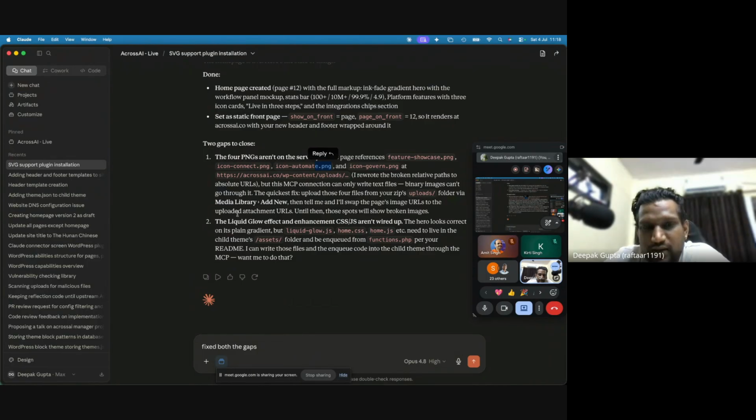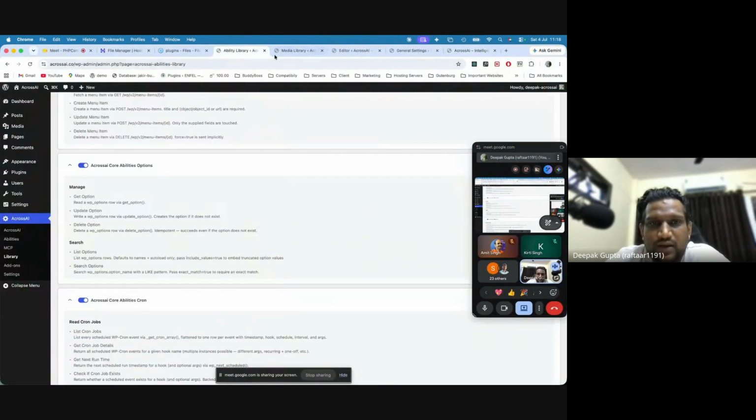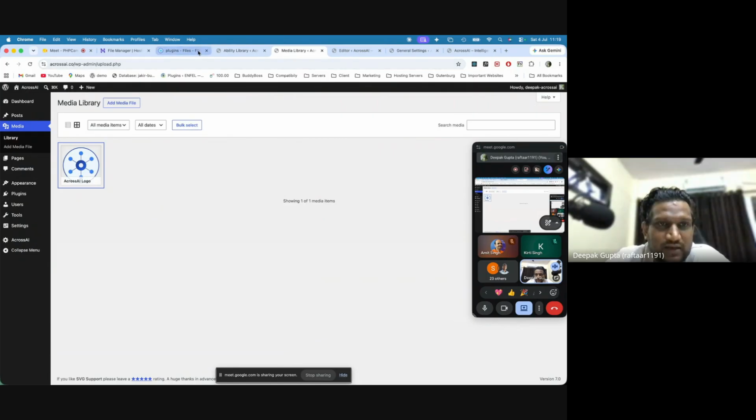So I said okay, and there is a liquid glow effect. For this, it is going to add this JS into the child theme. If I show you the child theme right now,